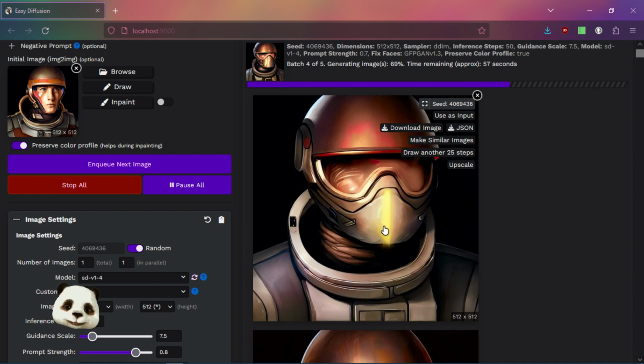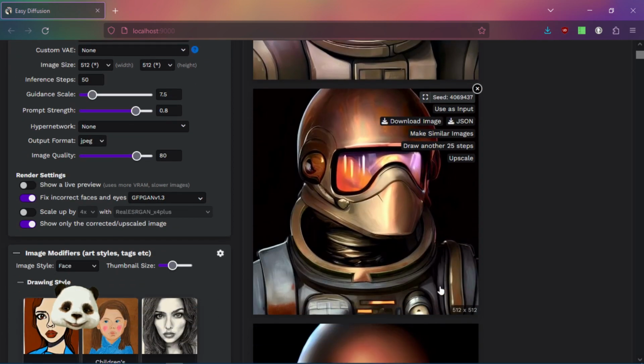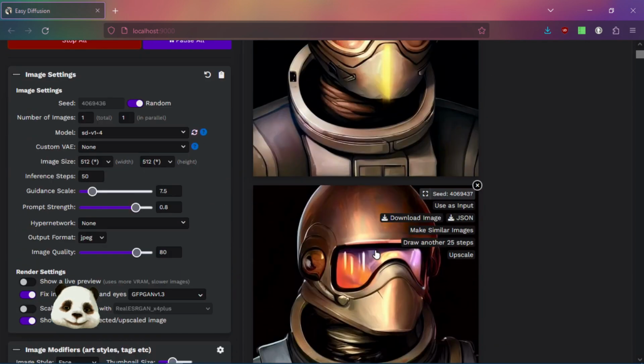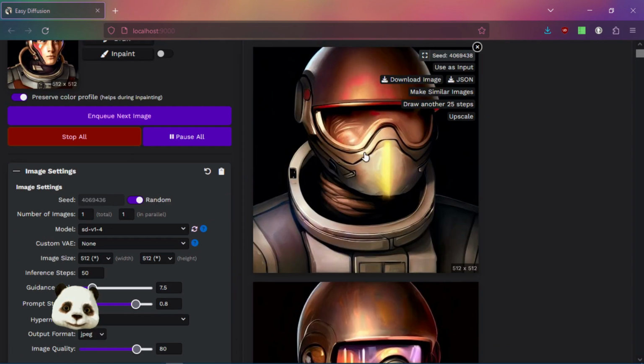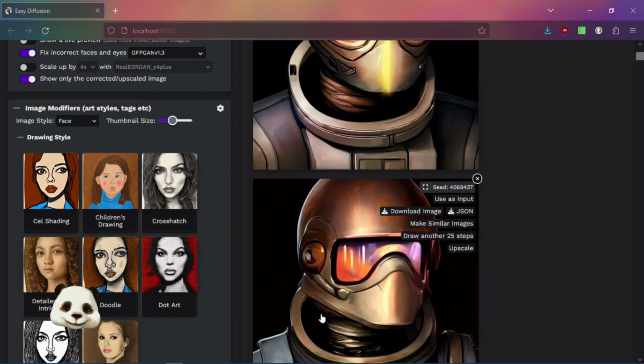Sometimes you can get a really horrible design like this, and you could have a better design like this, and you could say, well, I like this helmet, but I also like this armor. So maybe I want to implement this helmet over this armor. So we can overlap these two images, start removing some of the details from the one on top or below, and we can get sort of